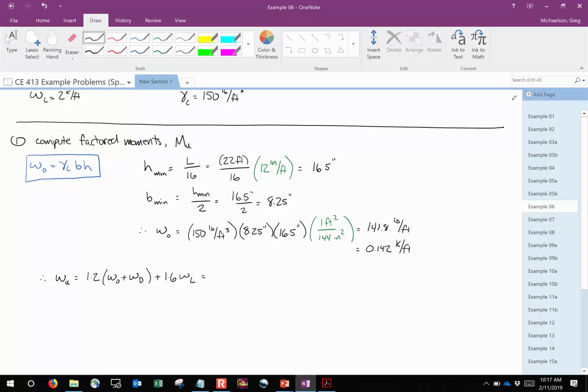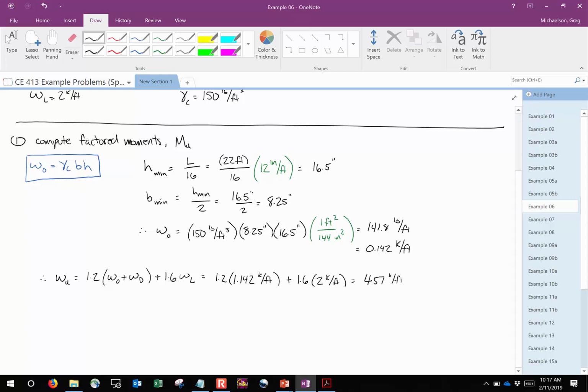So this is going to be 1.2 times, and I got 0.142, so we'll say 1.142 kips per foot, plus 1.6 times 2 kips per foot. And so that comes out to be what? 4.57. Do I have a second on that? All right. So 4.57